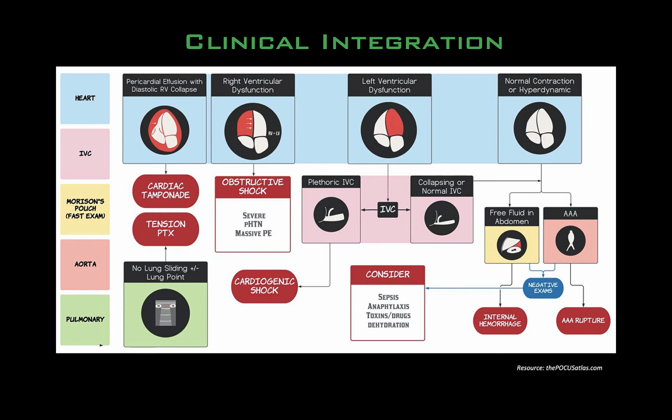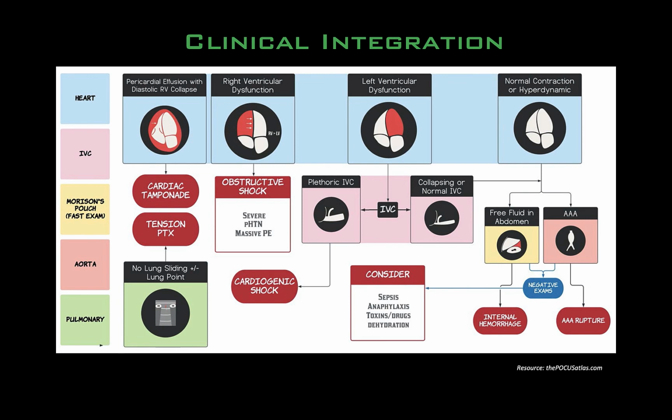Here's one resource you can use to help make sense of the data points you've acquired. Cardiac coupled with IVC views can help differentiate different types of shock. For example, a patient with a hyperdynamic or an underfilled LV and a flat collapsible IVC could reflect a distributive shock, for which sepsis is an example, or hypovolemic shock. The IVC findings may be suggestive that the patient may be volume responsive. Further views, such as abdominal views, can help if positive. For example, a positive FAST or a AAA or dissection in the right clinical context could point towards a hemorrhagic